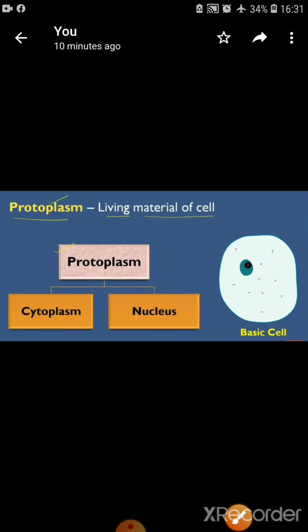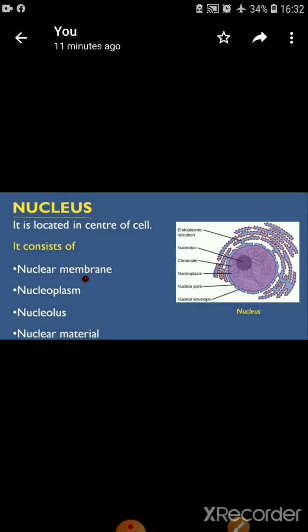Then we discussed the cell membrane and cell wall. We have discussed what the cell wall is. Cell wall is present only in plant cells. In animal cells, the cell wall will not be there, isn't it? Cell wall is present only in plant cells and made up of cellulose, okay? And it is outer to the cell membrane, right? What is the cell wall? Cell wall is always outer to the cell membrane, but only present in plant cells. In animal cells it is always absent. Clear? So till here we have done the half portion of the chapter.